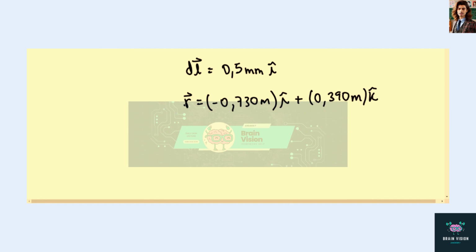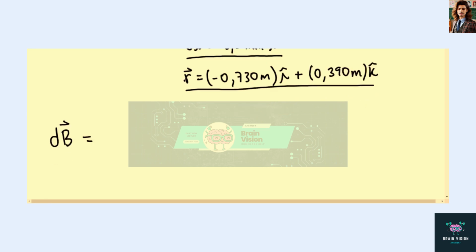So for this problem, we need to calculate the magnetic field at a point P, which is located at this position. And we are given that the current element is this one in here. So to find the magnetic field, we use that the differential magnetic field,